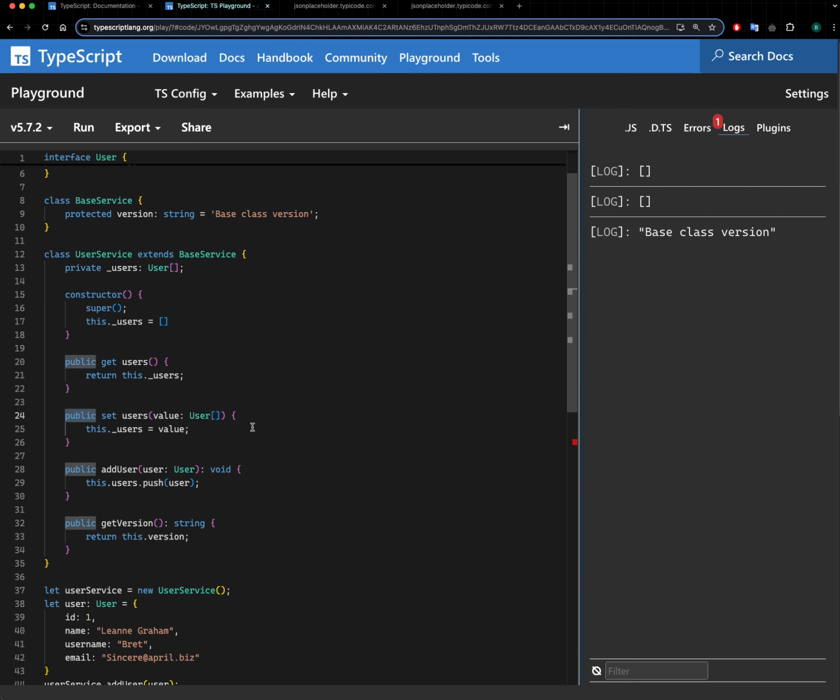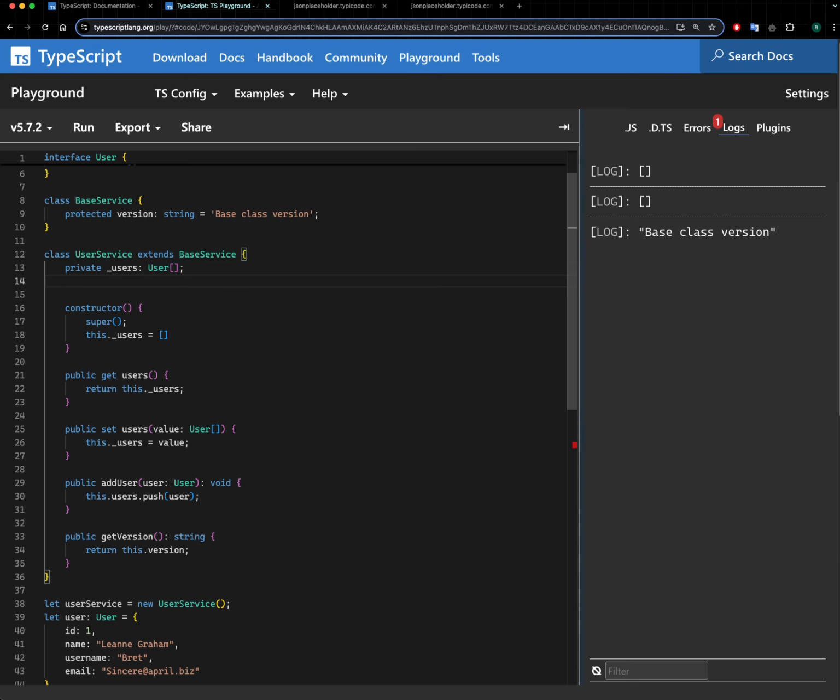Public, anyone can call it. Protected, only derived classes can call it, or the class itself. Or private, it can be used only within your class. You can have readonly, which can be initialized during initialization or in the constructor only. We can have something called static. Let's say we want to have public static, and let's define a property called